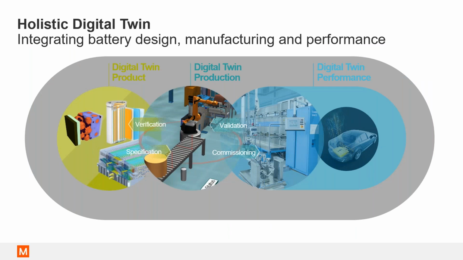So this is to extend from what we spoke about. Creating that digital twin of the product, not only at the electrode level, but at the cell level and pack level, and how it needs to be produced, what nothing spoils, and what is the process for that. The entire cell to pack level creation can be simulated with the digital twin production solution. And then once I have my product out in the field, I can feed that information back through IoT devices to improve on my product, which creates a holistic digital twin.